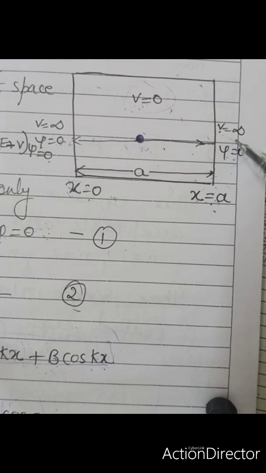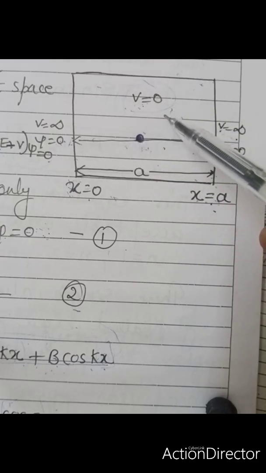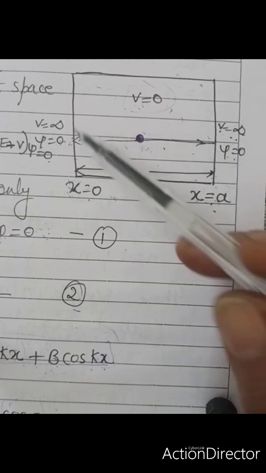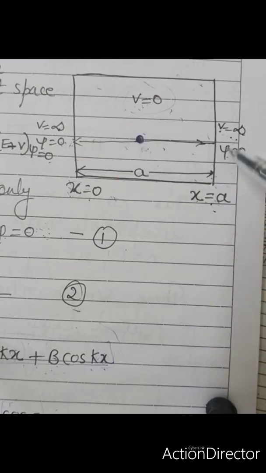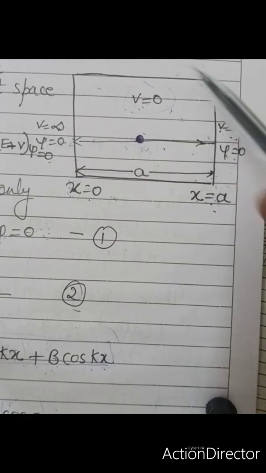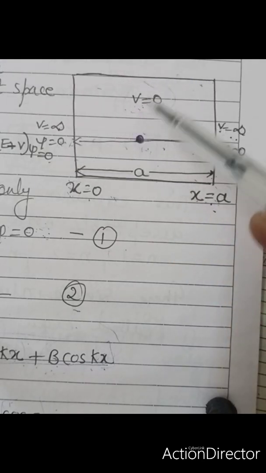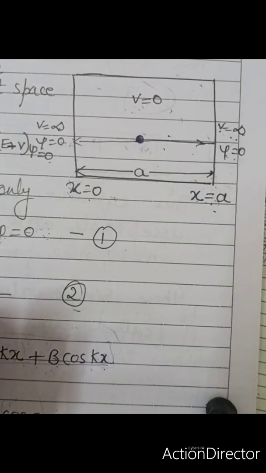For the sake of convenience, it will be taken as 0 inside the box so that there is no restriction on the movement of the particle in the box, and outside the box it will be taken as infinite on either side. You can see this side it is infinite and that side also it will be infinite. Therefore the wave function psi, as well as the probability of finding the electron or particle, psi square, must be 0. So in other words, the particle is confined inside the box and it cannot escape.